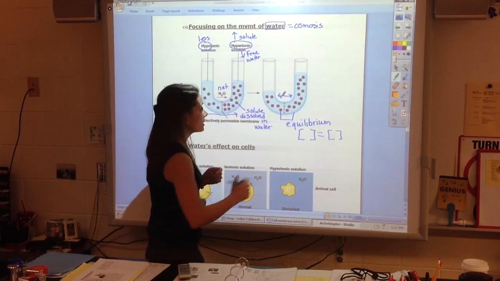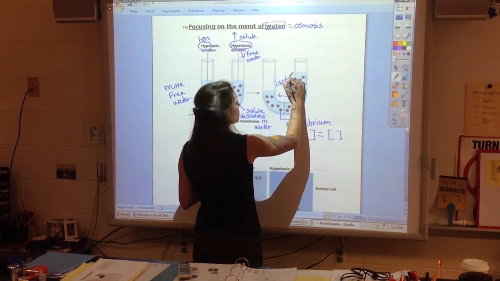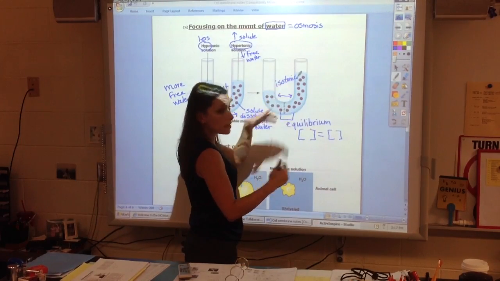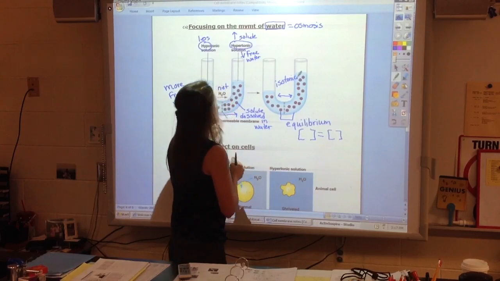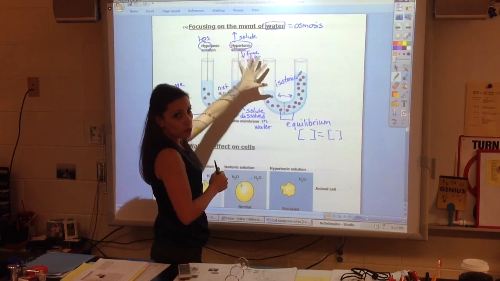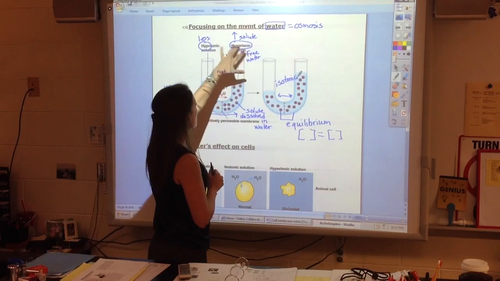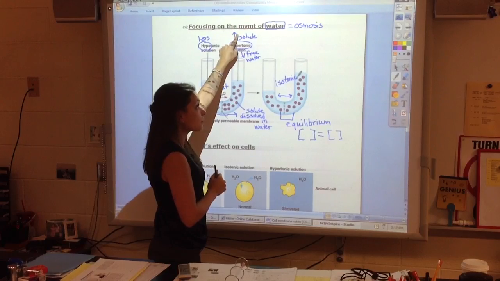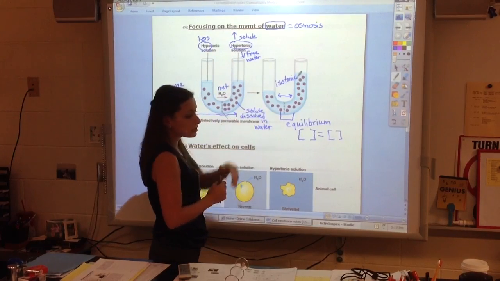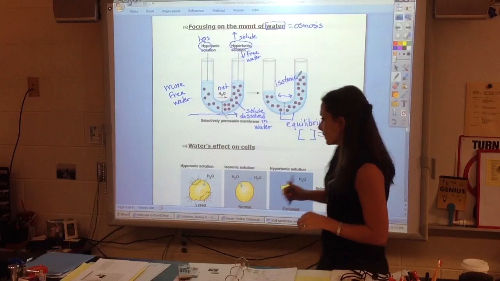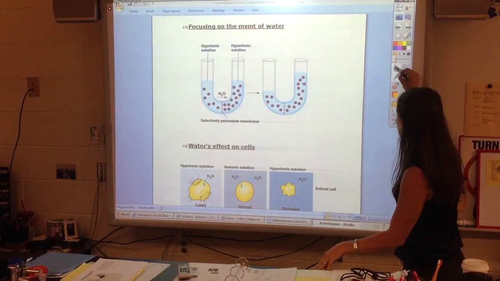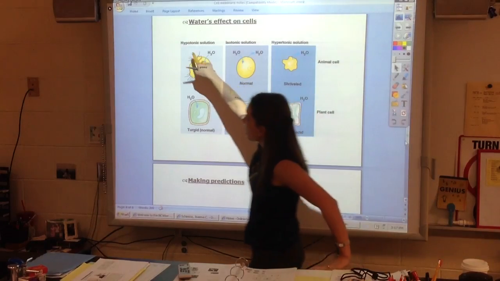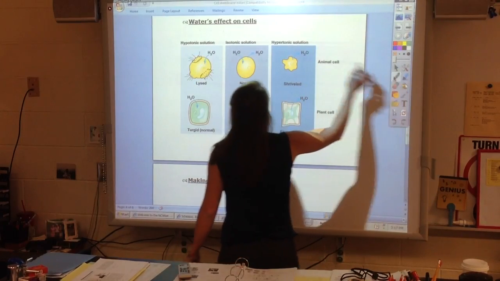So one thing that we would need to know now is that they are what we call isotonic. Like an isosceles triangle, isotonic means we are equal on the sides. And so we do need to introduce these words to our vocabulary. Hypertonic, hypotonic, just think hyper, lots of energy, so high. Hyper, hypo is down, and iso is equal. And so what we need to be able to do is predict what a cell will do when put in a solution. So if I'm put in a hypotonic solution